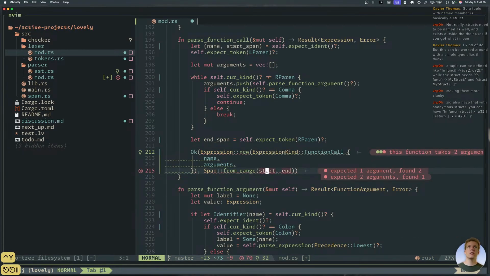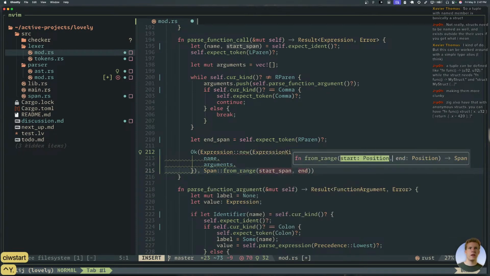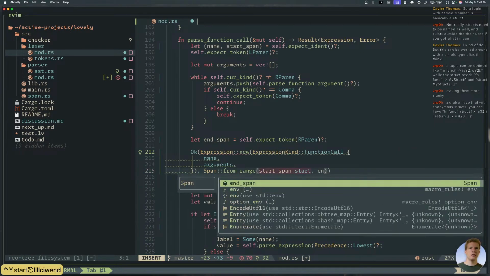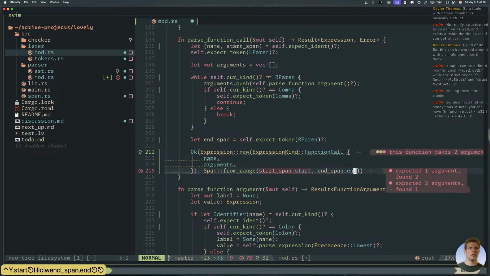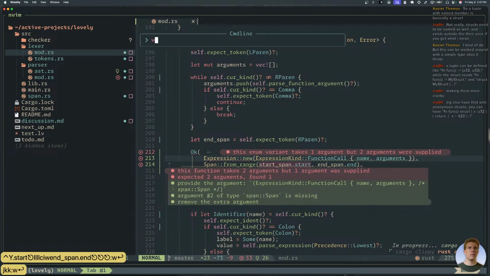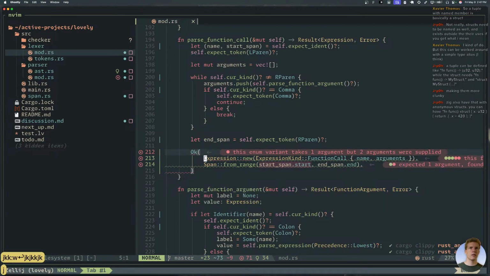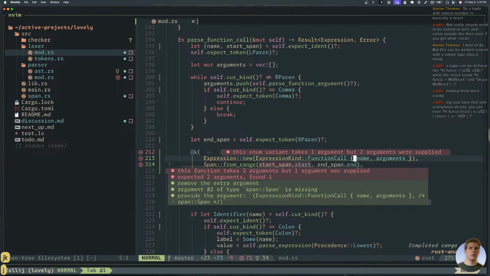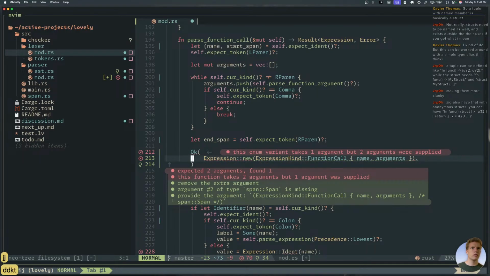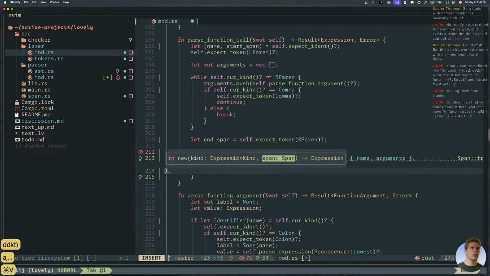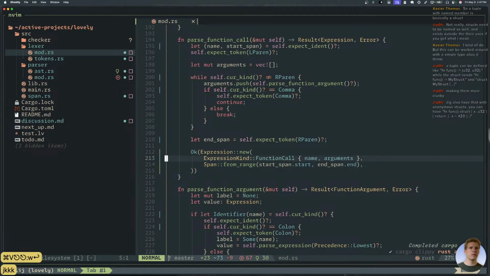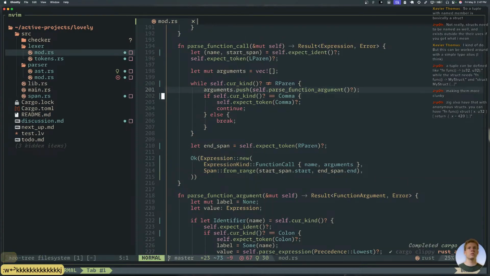The start is the start span dot start, and the end is the end span dot end. Pretty sure that makes sense. Except I put that in the wrong place. How's that? Boom, it just works.